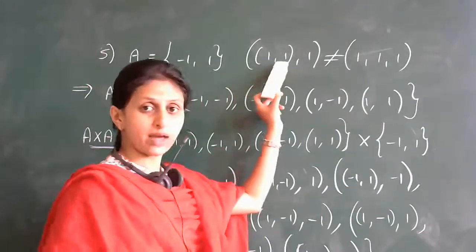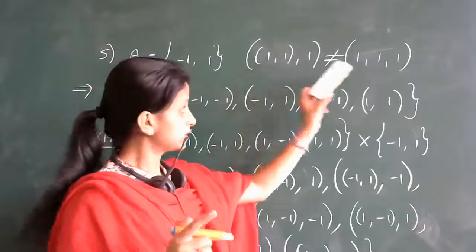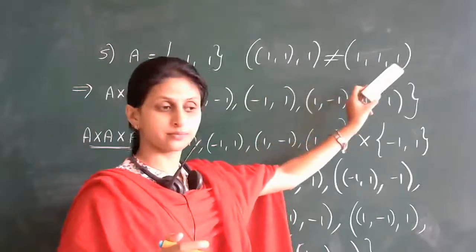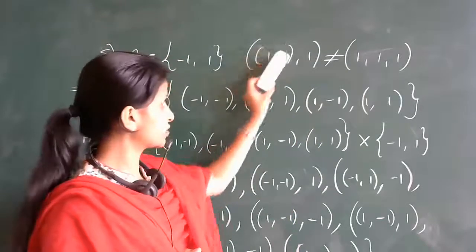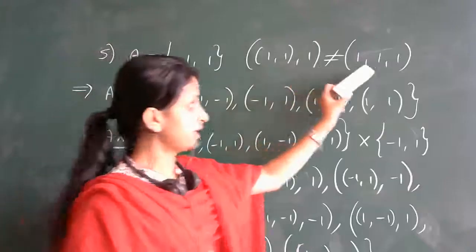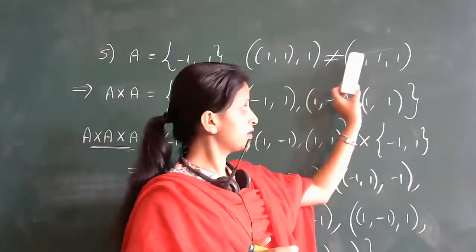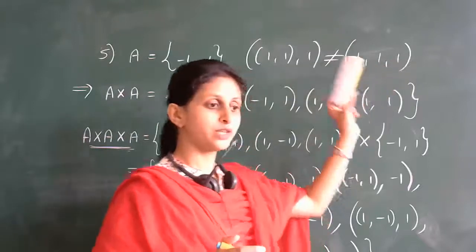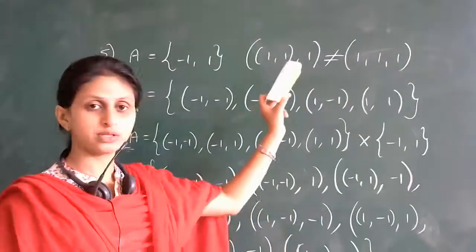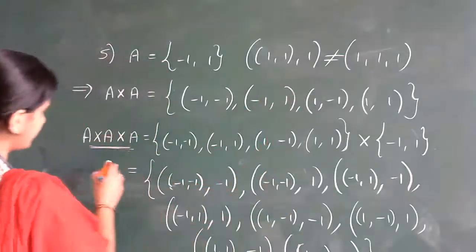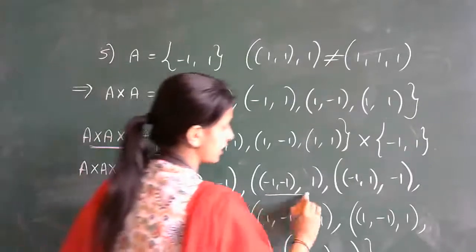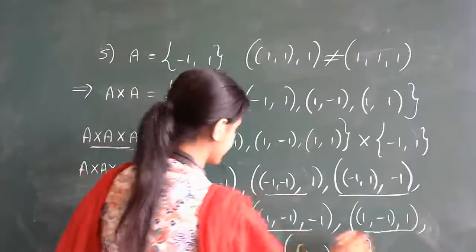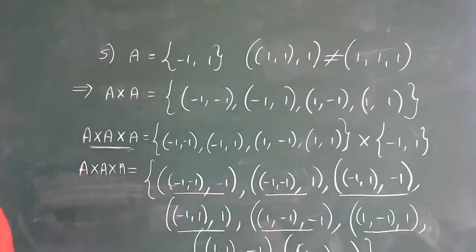Here in this ordered pair, we have only 2 elements. This is ordered pair. This is ordered triplet. Here we have 3 elements. Here this is ordered pair, first element is 1 comma 1, and this is the second element. But here this is ordered triplet. First element is 1, second element is 1, third element is 1. These both are entirely different. Please make the difference. So here you can observe in my Cartesian product of 3 sets, we have got how many elements? 1, 2, 3, 4, 5, 6, 7, 8. So we have got 8 elements.